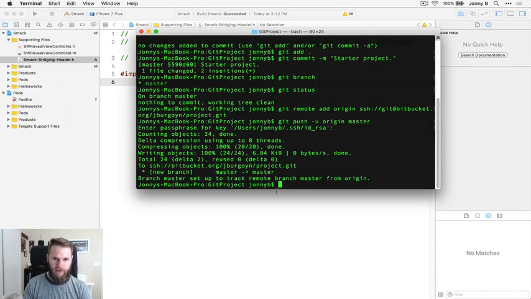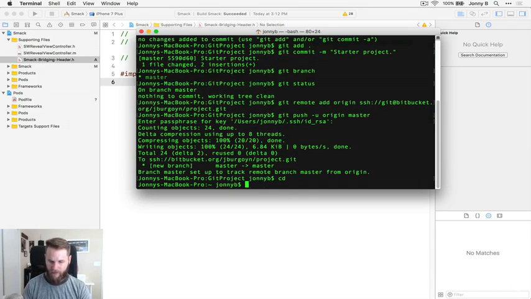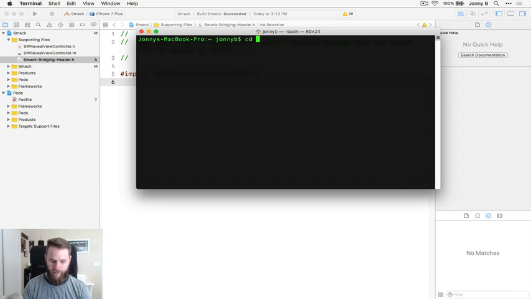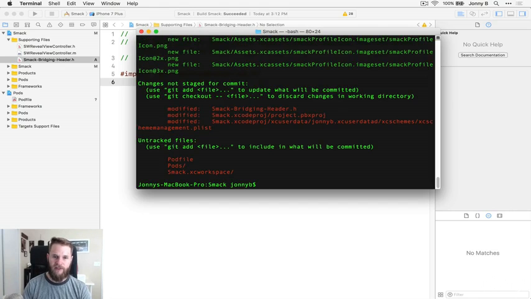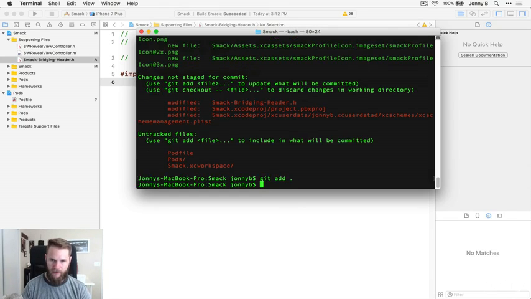And so I'm going to jump out of our, this was our starter project. So I'm going to, let me clean this. We're going to go to our desktop and then cd into smack. And if you do git status, you'll see what we've changed. You can see here we added a bridging header, a whole bunch of pod file stuff. So I'm going to say git add dot, git commit dash m, and I'm going to say end of lesson